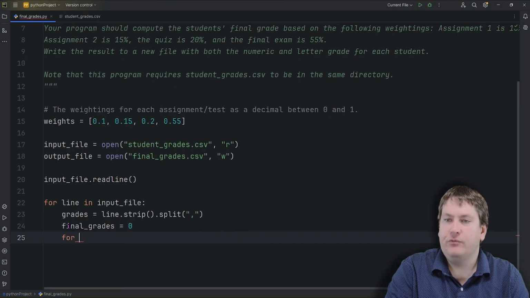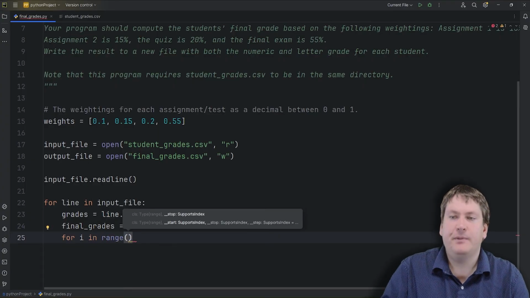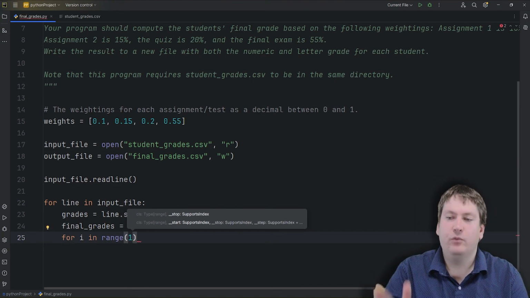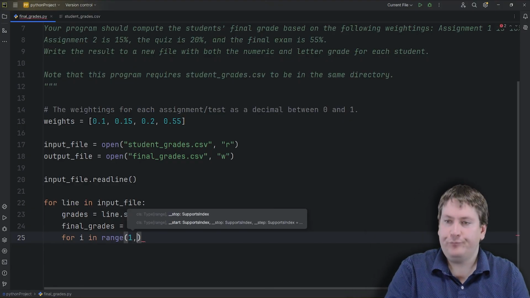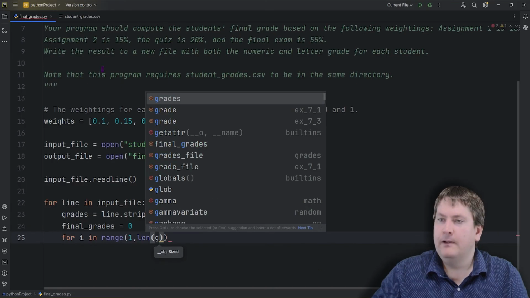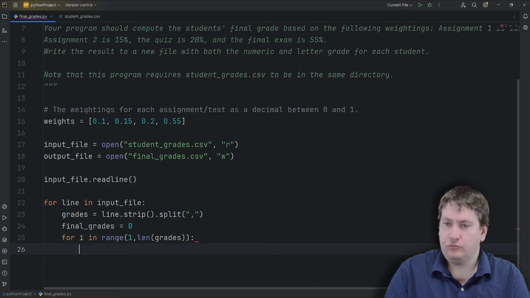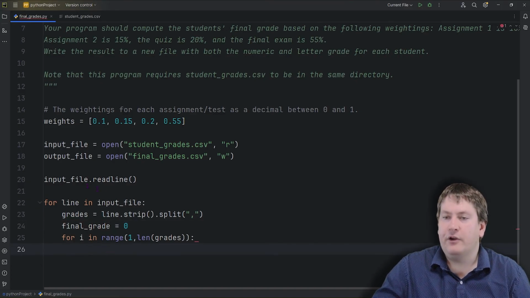And we're going to loop through each one using a for loop. And we are going to use a range so we can keep track of the index because we're looping through two things at once, the weightings as well as the grades. We're going to start at 1 because our grades are offset by 1 because of that name. And we're going to go to the length of grades. So actually, I should call this just final grade because it's just for one student,